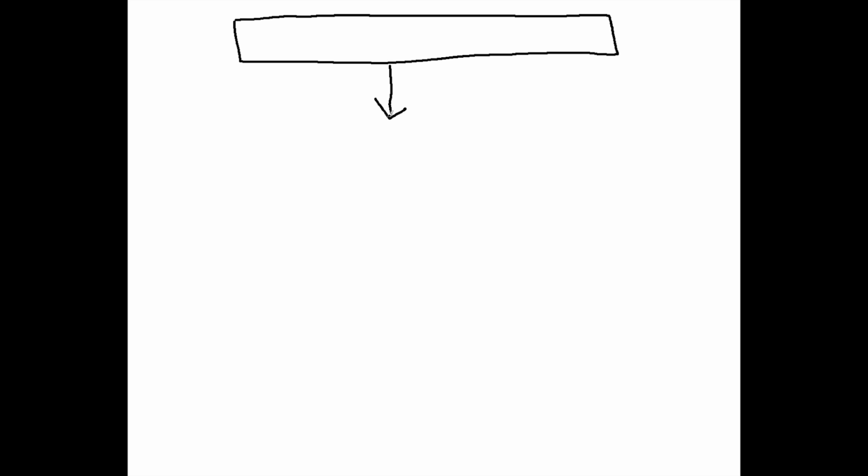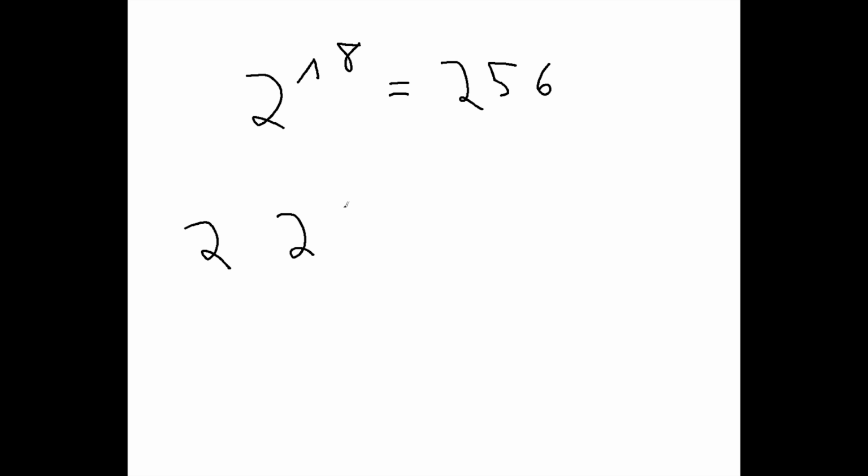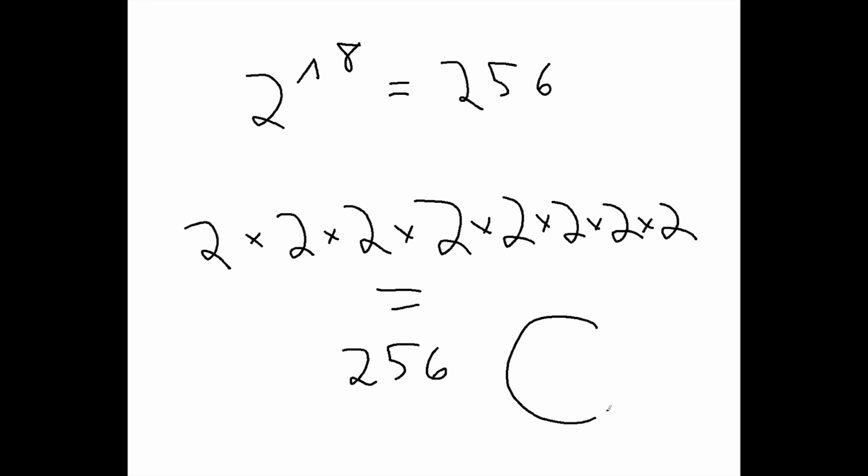So what if we had one big 32-bit chunk of data? Well, we'd have to break that down into 4 8-bit pieces of data and feed those all in one at a time, which takes longer. And if you end up having to jump through hoops because you don't have a specific function that you need, instead of just being able to do something easy like 2 raised to 8 equals 256, you end up having to do something like 2 times 2 times 2 times 2 times 2 times 2 equals 256, which takes up a lot more space. And as we've already seen, RAM and memory are already at a premium. And I know that was a bad example because all I did was unroll the math, but just roll with